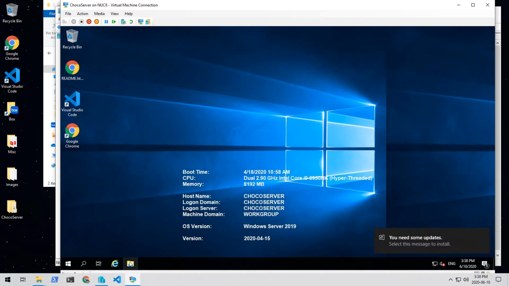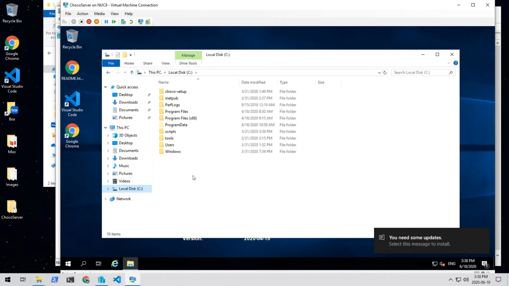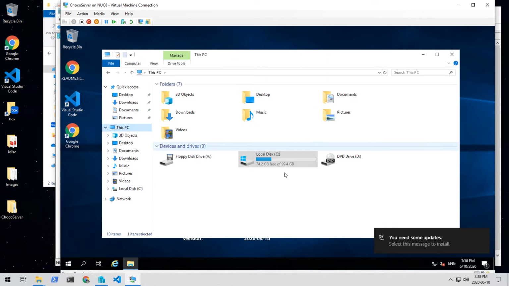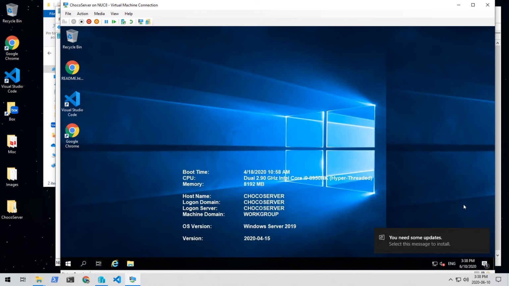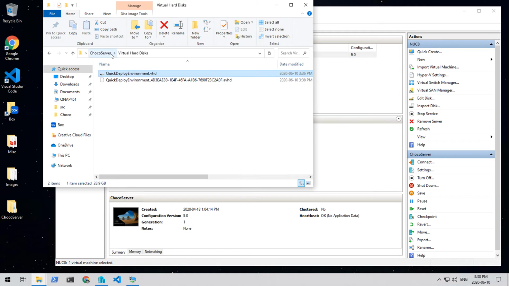And as I've mentioned before, there are certain services and applications that run on this VM, and if you do not provide them with enough space, they will not work properly, specifically your Nexus repository. And now you can see I have 99.4 gigs, so almost that full 100 gigs available for me now, which is great. Okay, so now let's look at how to set up the Choco server using the VHD method,